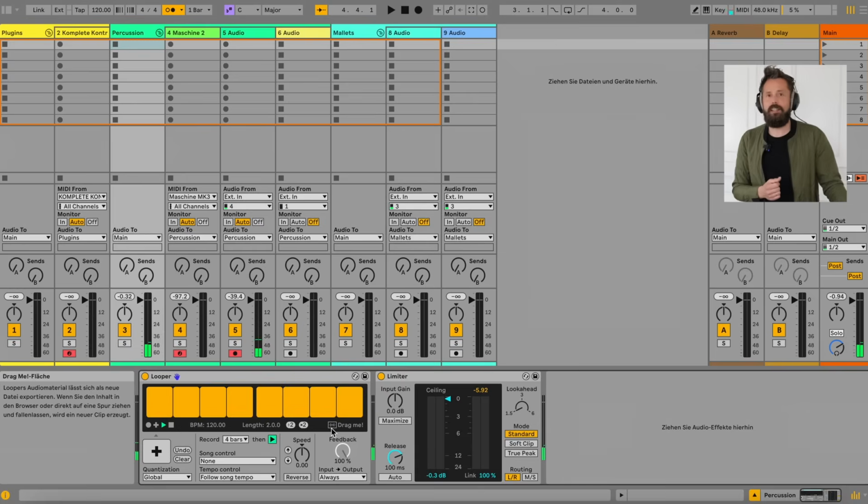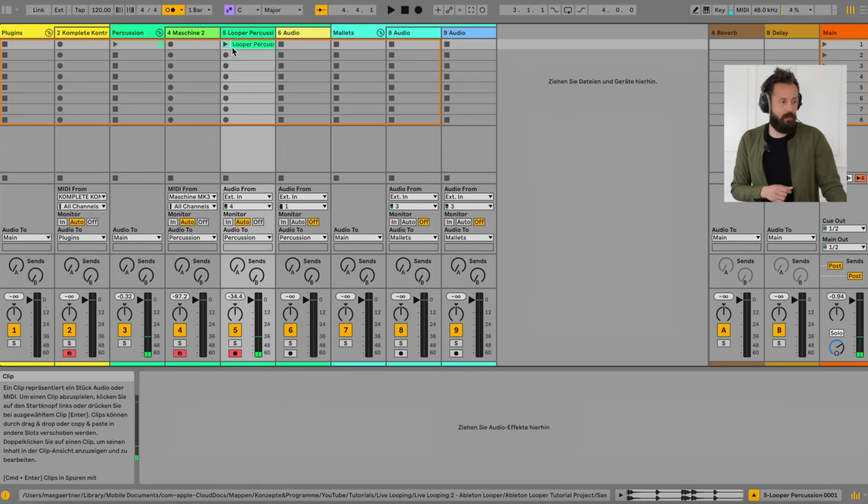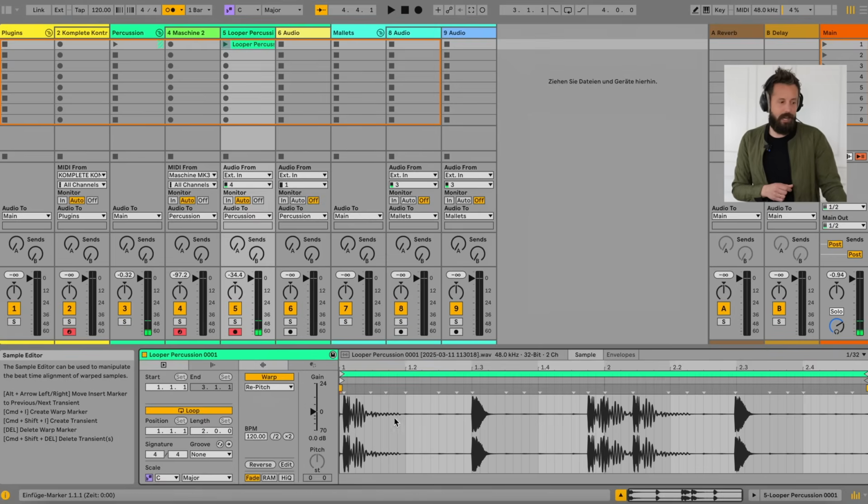Okay, great. And let's see, okay, I like this loop recording and I want to save this as a clip in my set because I might want to record some overdub loop kind of thing later on without losing this. I can drag this clip over to one of my percussion group tracks. And if I double click on that, you can see this is the audio recording of our looper that we can see here.